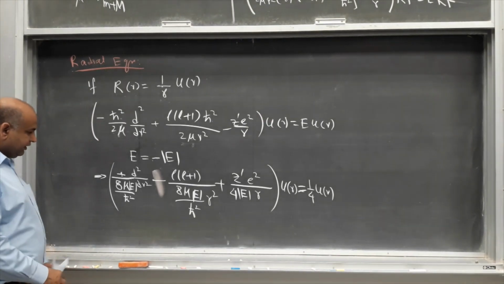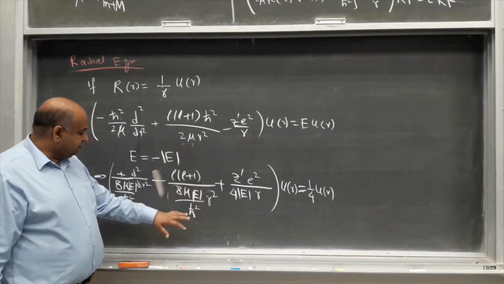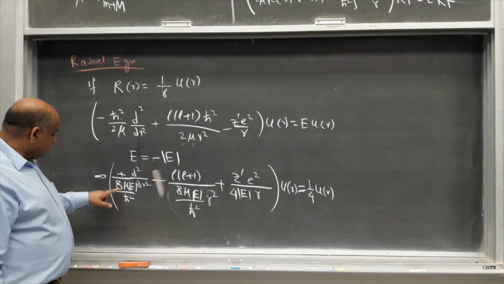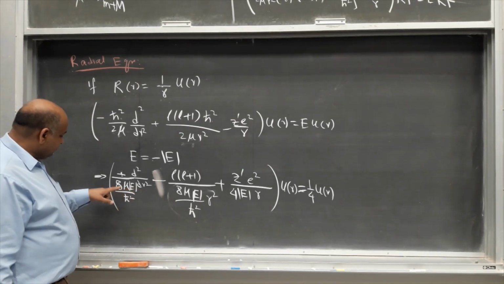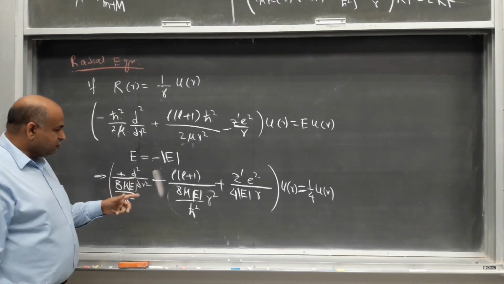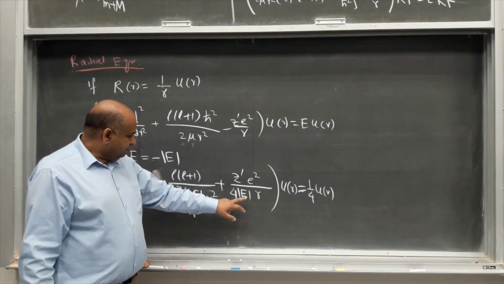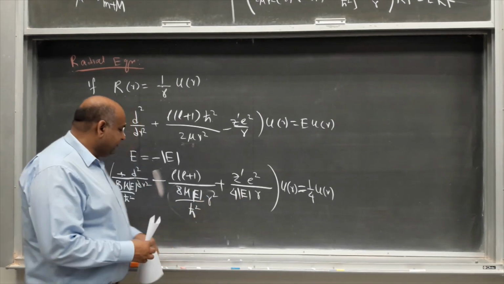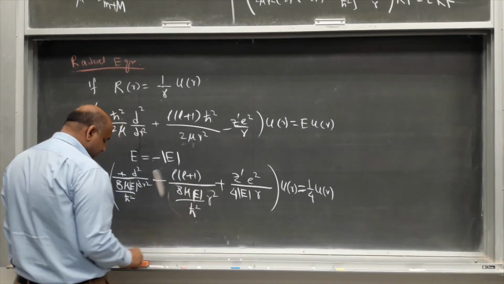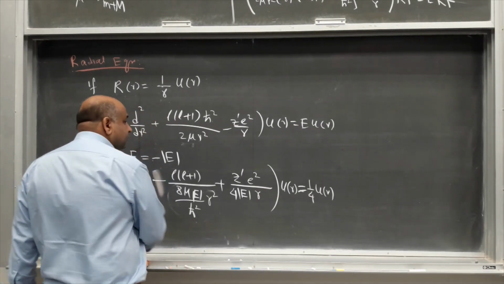But now from here I can see that I can replace this part with some other variable, let's say rho square. This will also translate exactly the same way. This 8 mu E over h bar square r square will become some rho square. But I will have to work this out over here, because I can make it rho, which would be the square root of this part. So if I do the transformation,